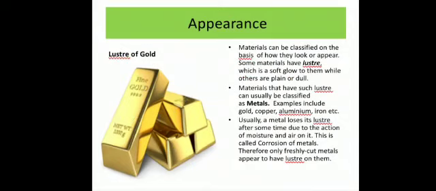On the other hand, if we look at a piece of wood, it does not have a shining appearance. Means wood does not have luster. Wood has a dull appearance. Thus some materials have shiny appearance whereas other materials do not have shiny appearance. So on the basis of their appearance, all the materials can be classified into two groups. First, materials that have luster. Second, materials having no luster. Means first one for shiny appearance. Second one for dull appearance.